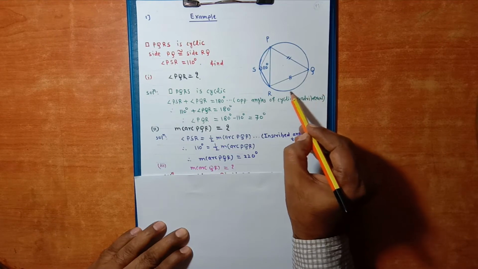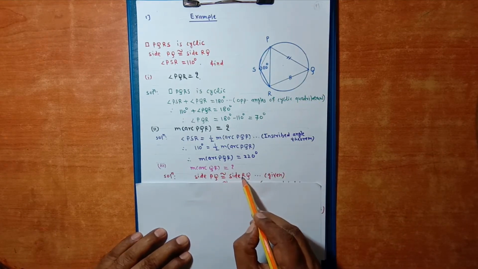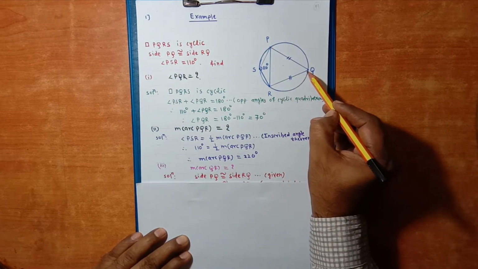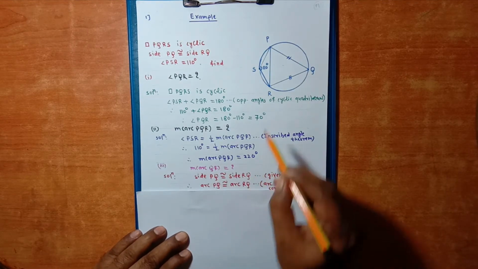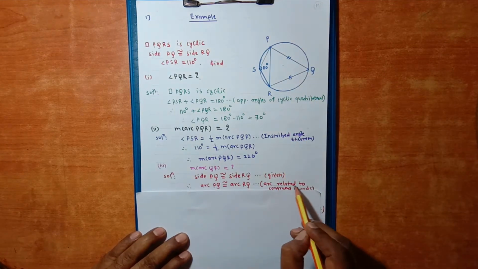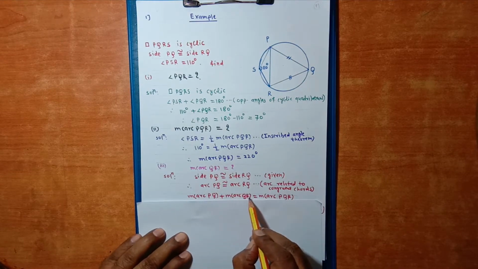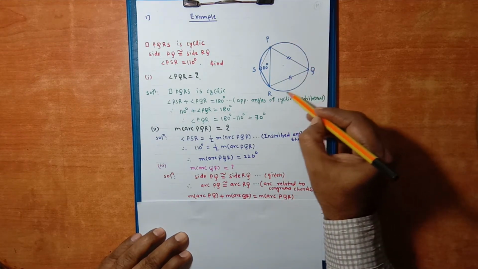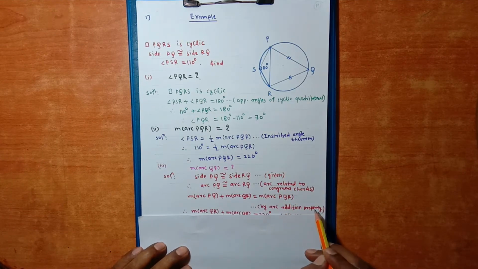Third sub question is to find the measure of arc QR. This is the measure of arc QR. Now side PQ is congruent with side RQ. Both are congruent, it is given. So arc PQ is congruent with arc RQ. The reason is arcs related to congruent chords. Now the measure of arc PQ plus the measure of arc QR is equal to the measure of arc PQR. The reason is the arc addition property.